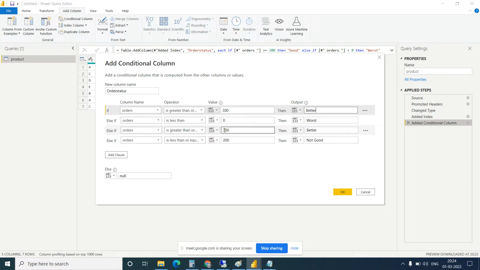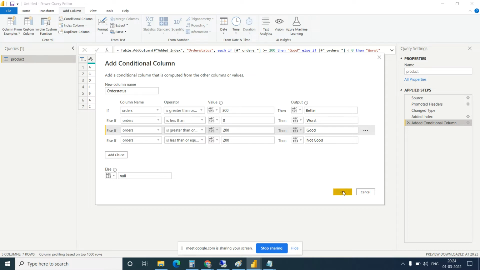Okay, and here is a 200, make it good. Okay, so there should be the good sequence, so it will not match on the first and it will go to the properly.